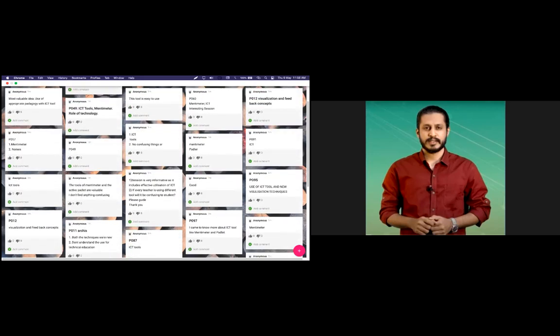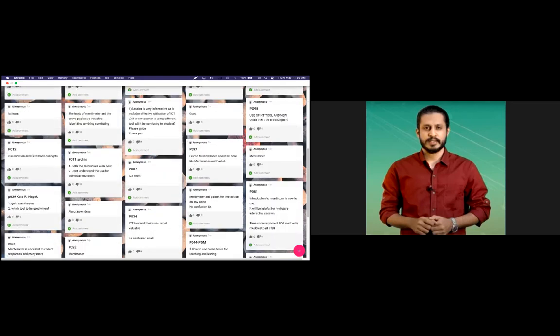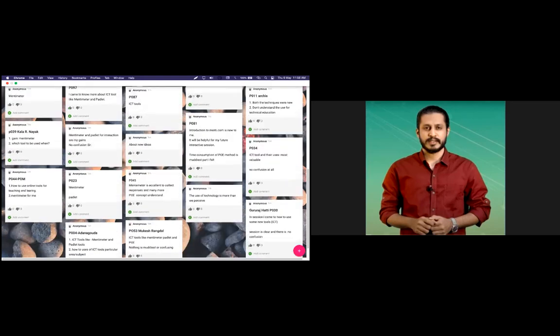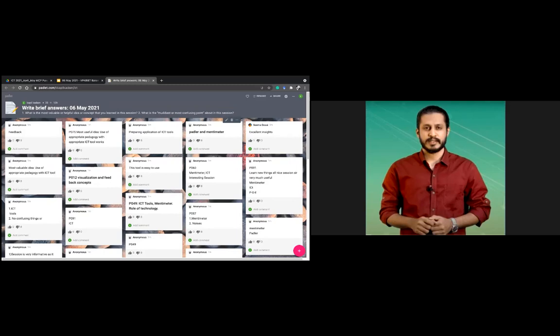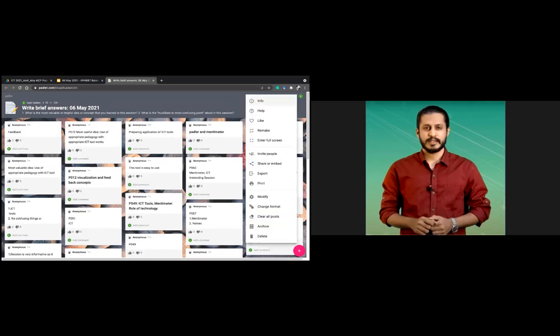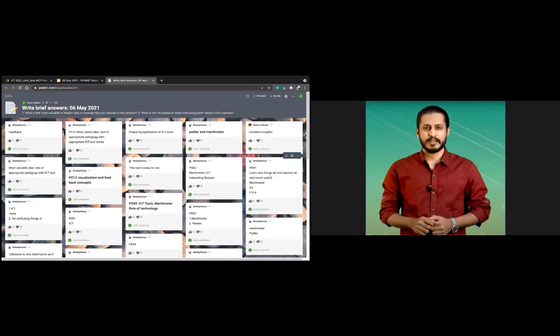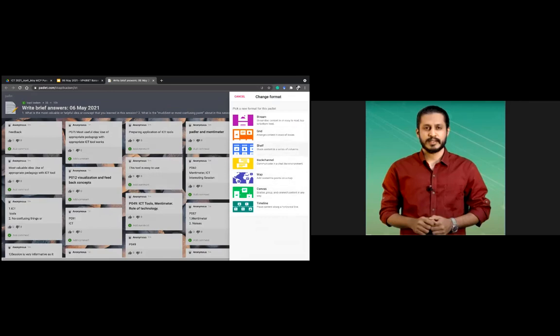Okay, so you can stop responding now if you have done, or you can post as per your convenience. So before talking about what we just did, I would like to show you different formats or layouts of this Padlet. If I go to change format, I'll be able to see different formats. If I choose timeline,